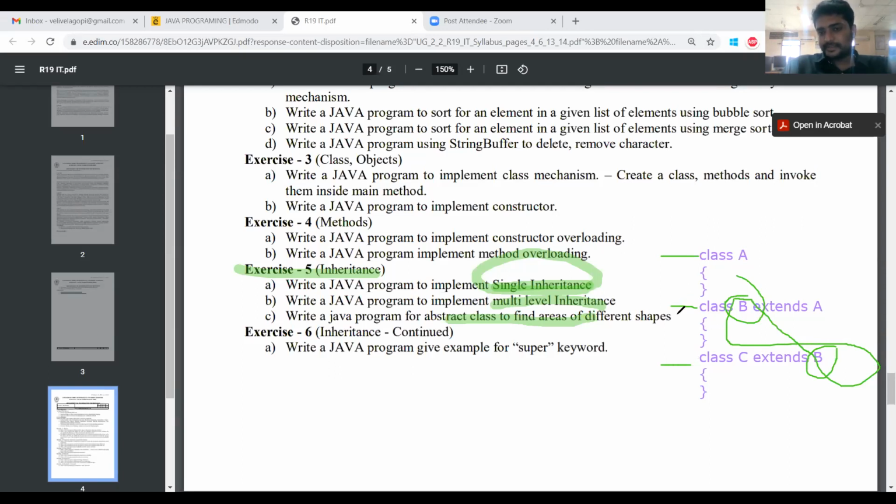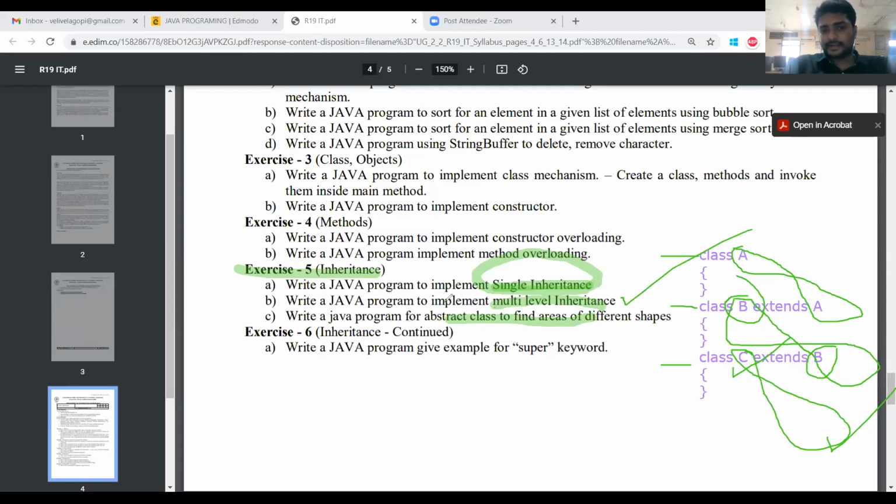In the previous level, class B is a superclass. In the present level, class B is a subclass. Here is class A, and then at the next level class C. Here class C is the subclass, but for further levels class C would be the superclass. Those types of relationships are known as multi-level inheritance.